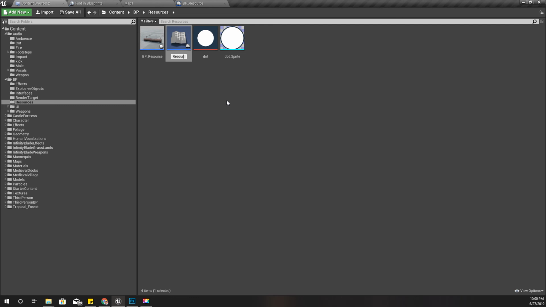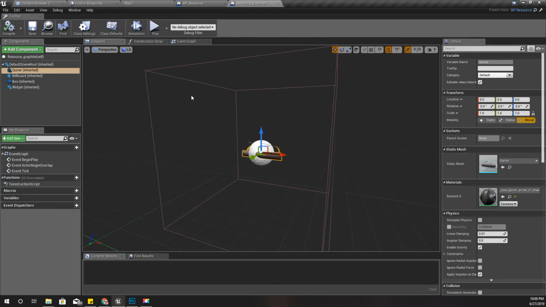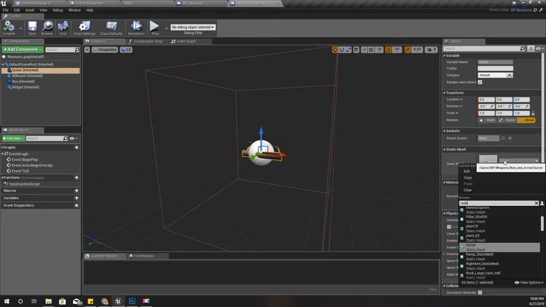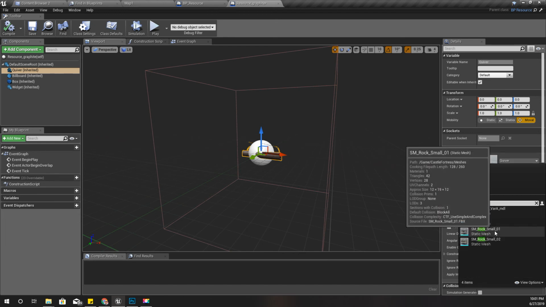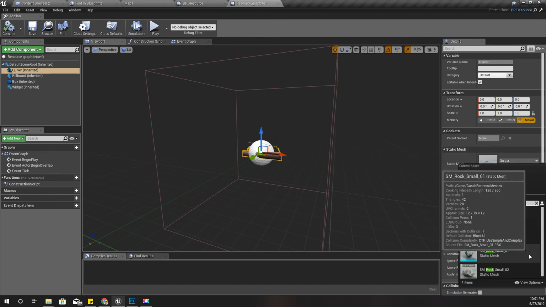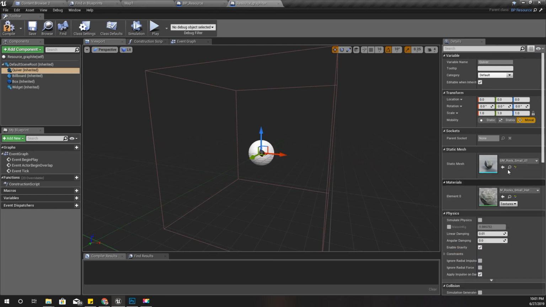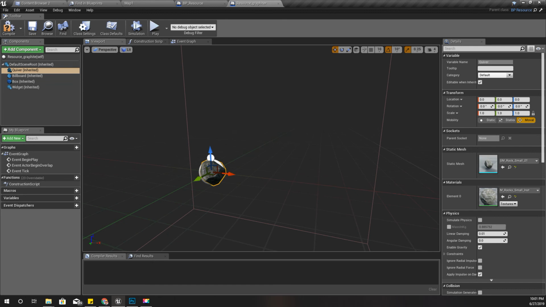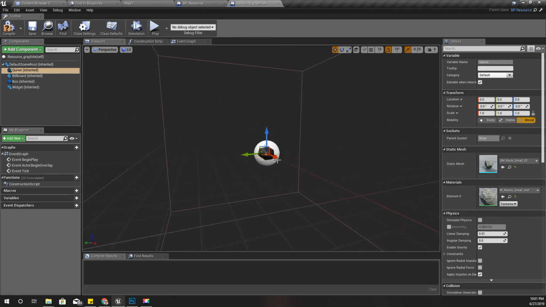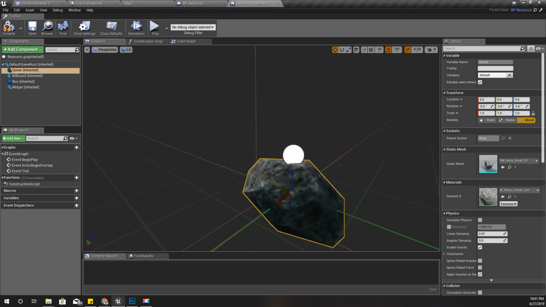So I'm going to change this quiver static mesh to a rock. I think I have rock. Yeah, let's use this one. This rock object,